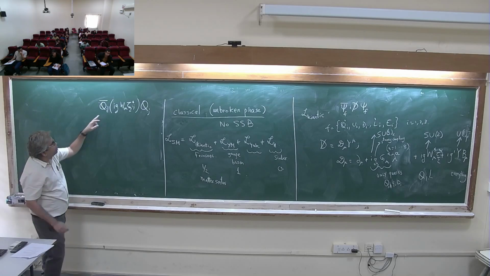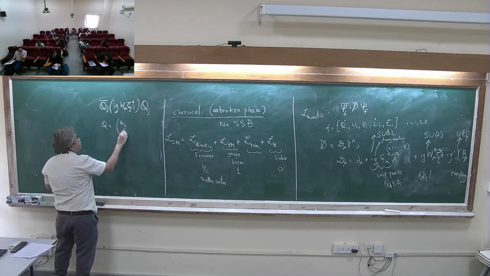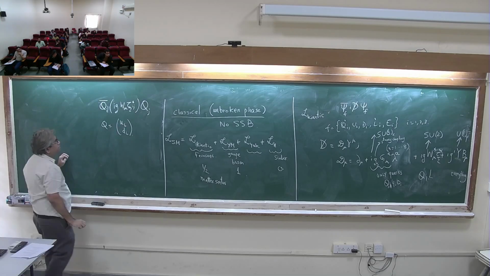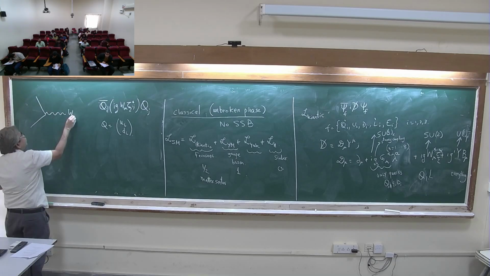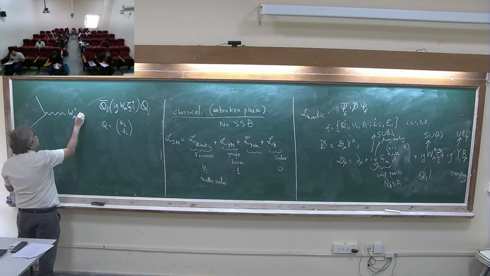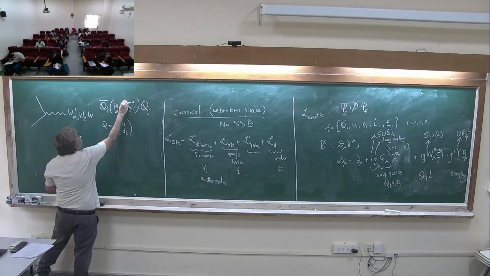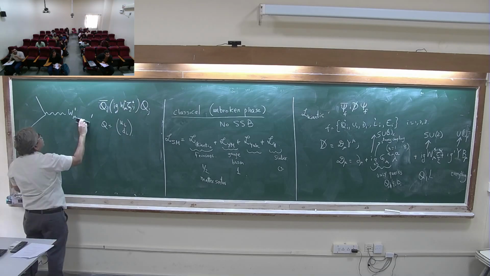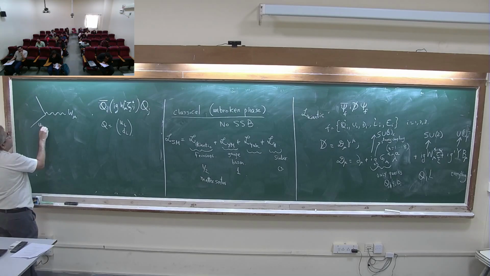If I take Q to be UL, DL, so you have W mu 1, 2, and 3. Anyway, all of them, W mu, just forget about 1, 2, 3. You have UL going to DL,